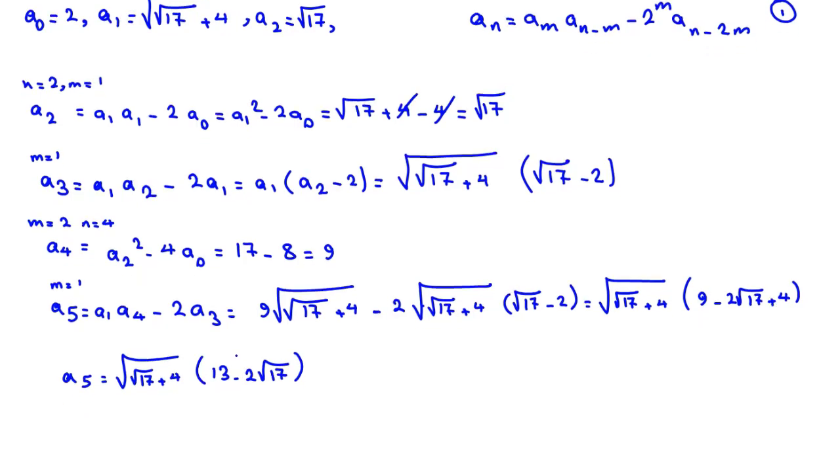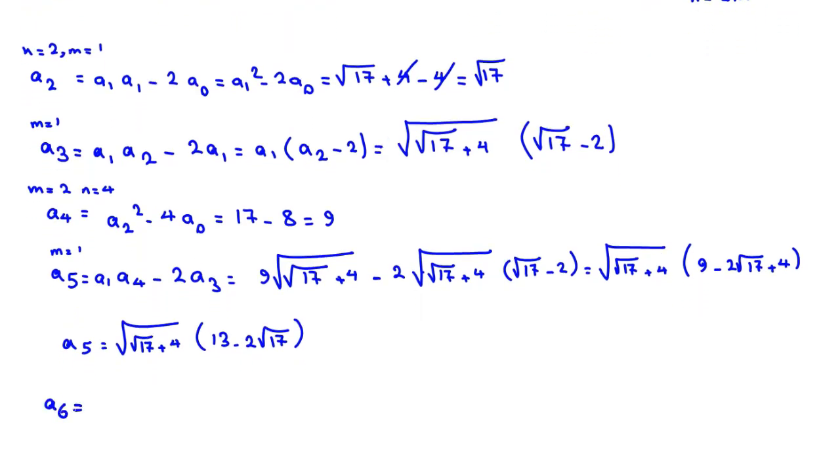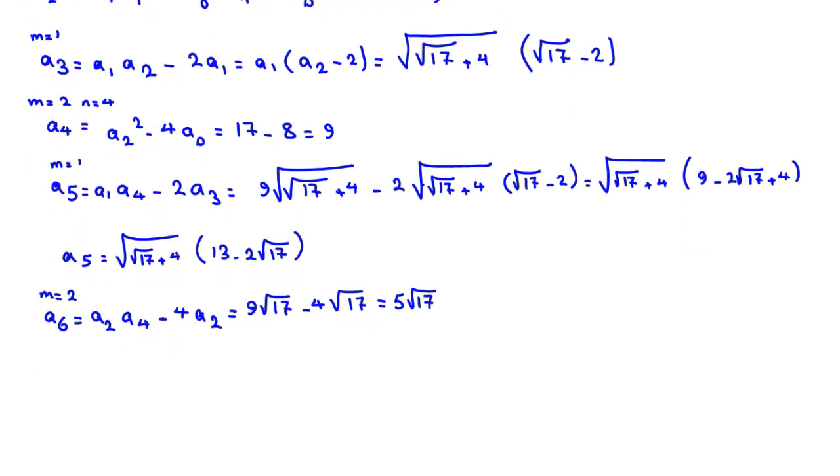Okay. Now in the next step, when we consider A6, you can consider m is 2, so it will be A2 times A4 minus 4 times A0, 6 minus 4, 2. Okay. So A2 is what? Root 17. A4 is what? 9. 9 root 17 minus 4 root 17. It will be what? 5 root 17. Calculate, for example, A6. We are just analyzing the problem, okay? A7 is what? We can calculate A7, for example, A8,